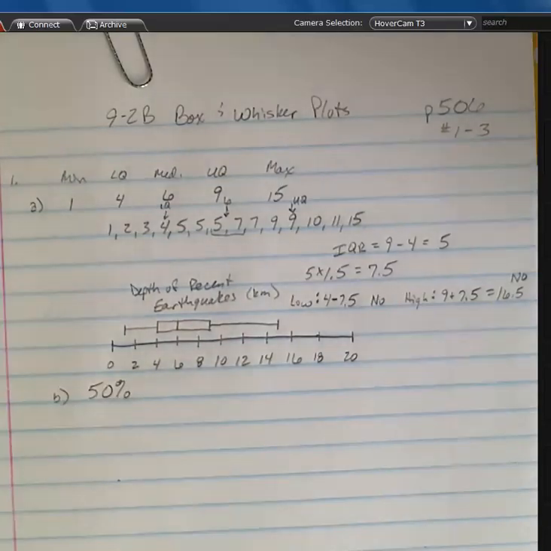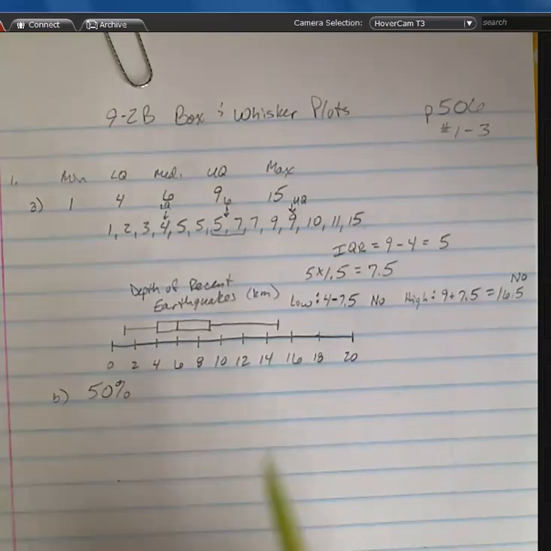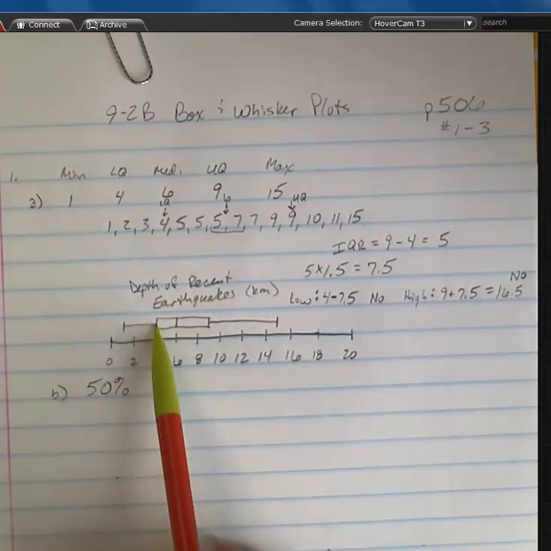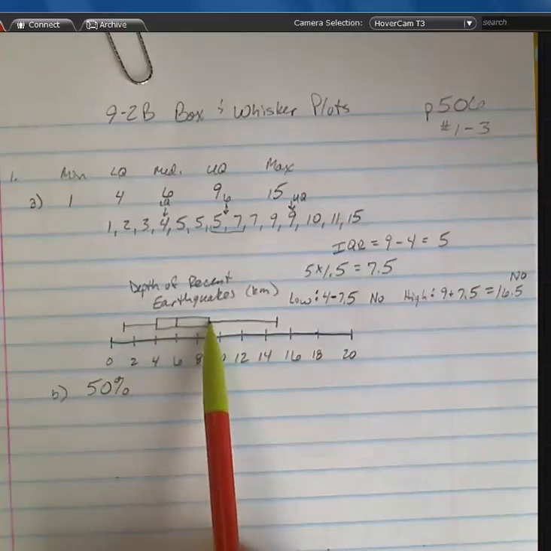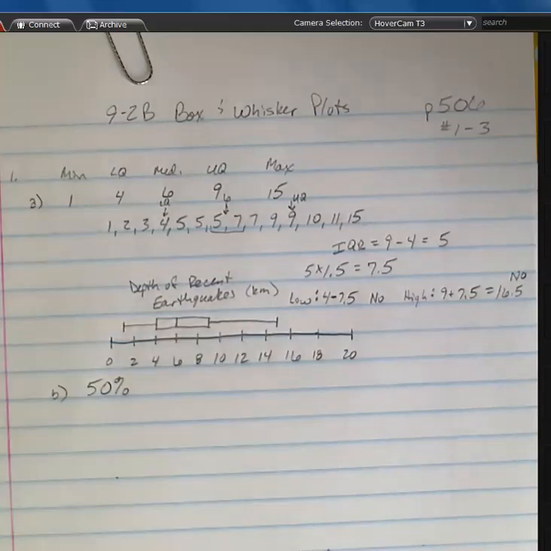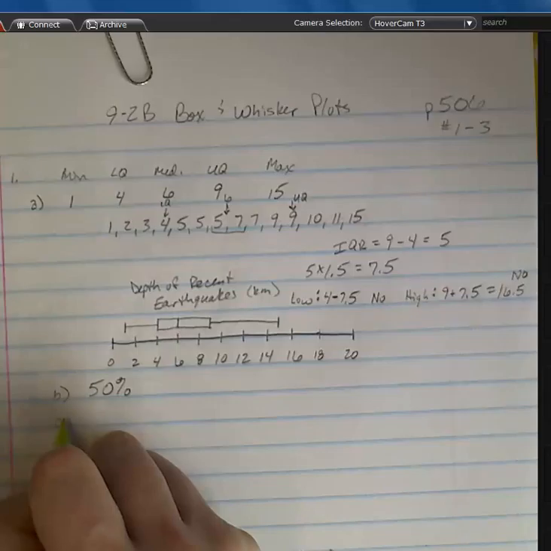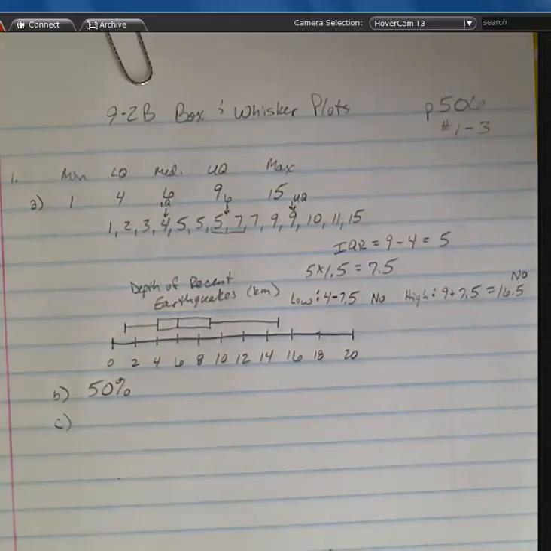So some of you from last week have not remembered that quartile means a quarter. Each whisker is 25 and each part of the box is 25 and that other whisker is 25%. And then finally, it says write a sentence explaining what the length